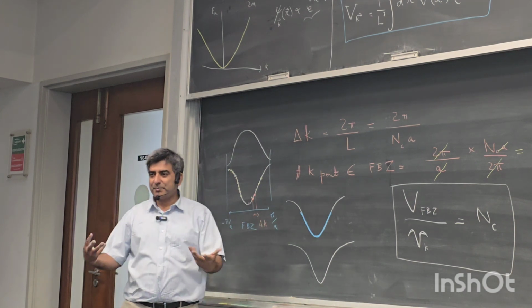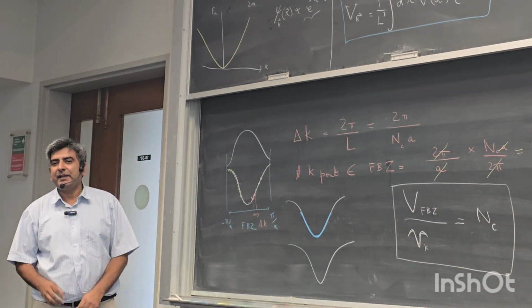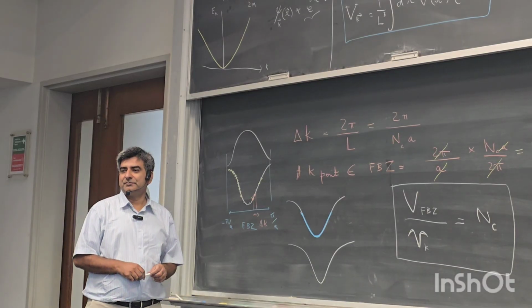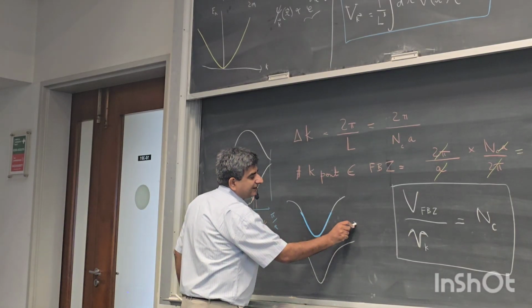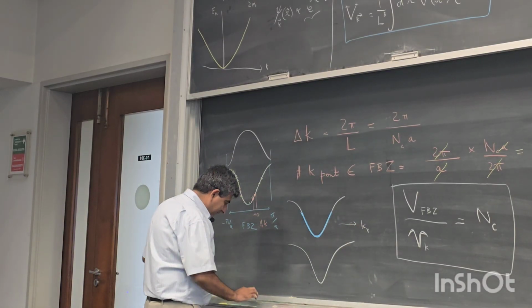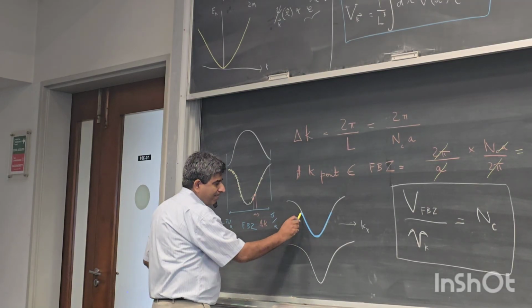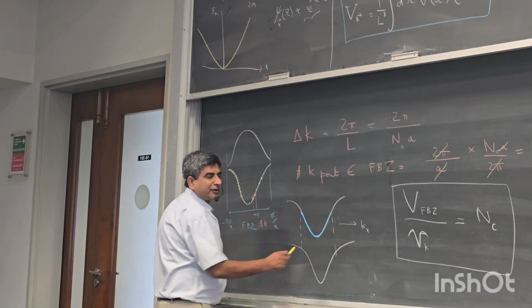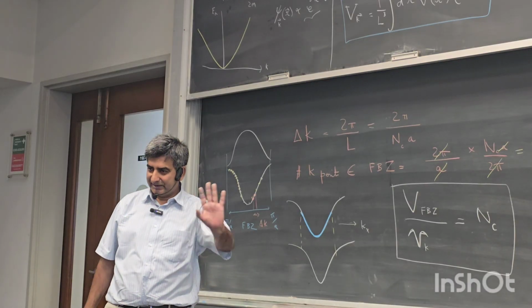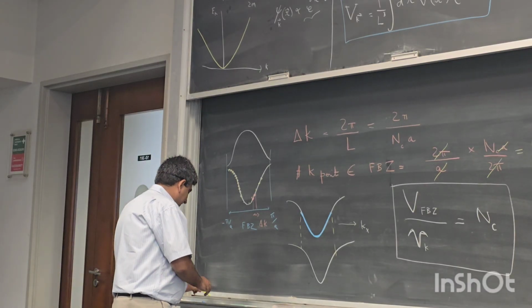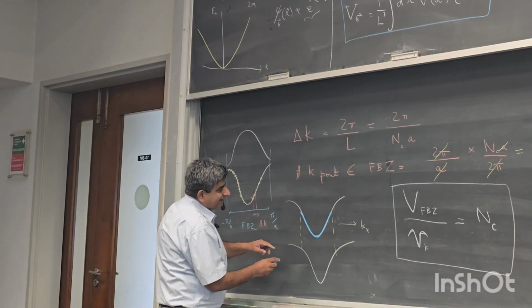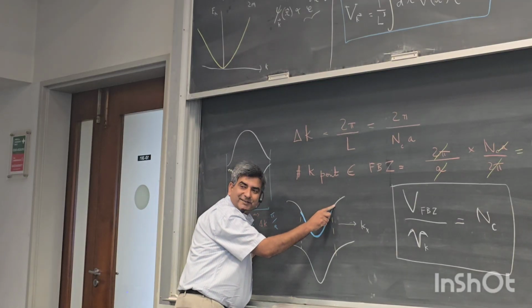Blue shows the occupancy of electrons. If I apply an electric field, this is Kx. So I apply an electric field along the minus x direction. What's going to happen to these electrons? They're going to increase their K in the positive direction. So now empty states are available here,